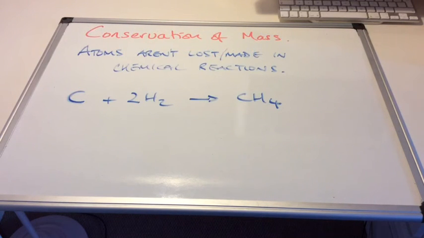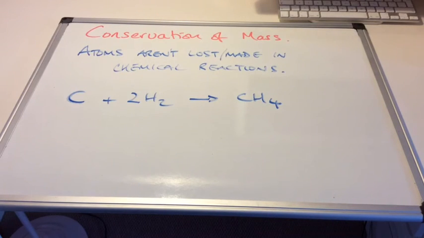So in the last section of the video, we're going to look at conservation of mass. A very, very important law in science, which basically says that when chemicals combine, you don't lose or make any atoms. So that's why chemical equations have to be balanced, so that the number of atoms are always the same left and right. So if we think about this balanced equation here for the reaction between carbon and hydrogen to make methane,